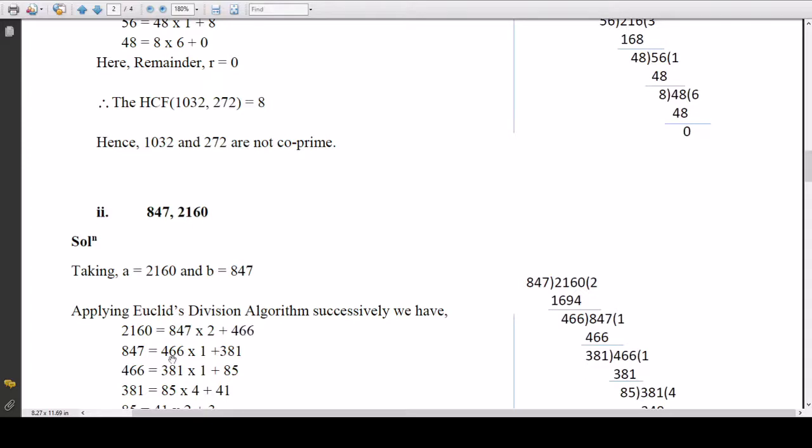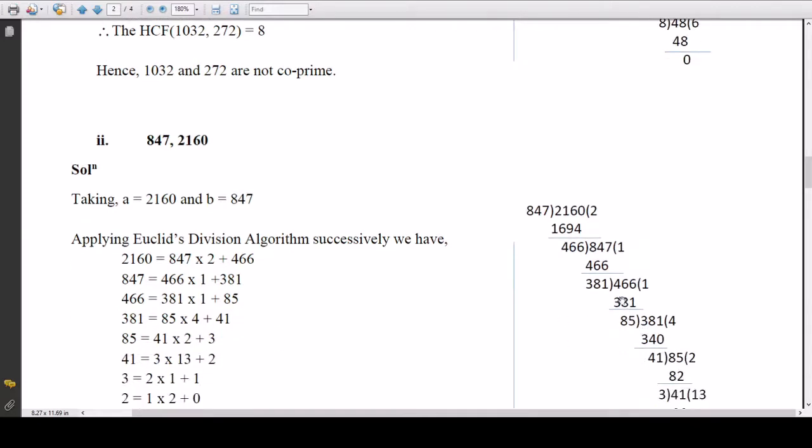466 you shift here as the divisor. Now if you divide this, you will go with 1, giving you remainder 381. Again do the same thing, shift 466 to the left, 381 here, 381 you have to go with 1, giving you remainder 85. Again proceed, 381 here, 85 bring this side, 85 you will go with 4 is 340, giving